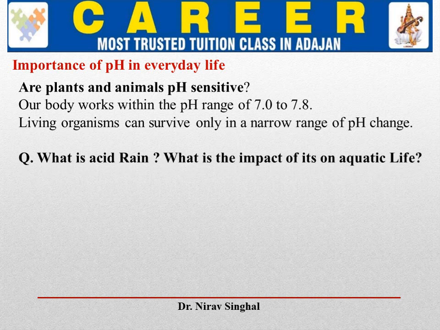What is acid rain and what is its impact on aquatic life? Whenever gases like sulfur dioxide, nitrogen dioxide, etc. get dissolved in water, it results in the formation of acidic solutions, and when such acidic solutions fall in the form of rain with a pH less than 5.6, it is called acid rain. When acid rain comes in contact with river water or lake water where aquatic life is sustained, the pH of the water changes from 7 to 5.6 or 5.8, and aquatic life will get affected and their survival becomes difficult.